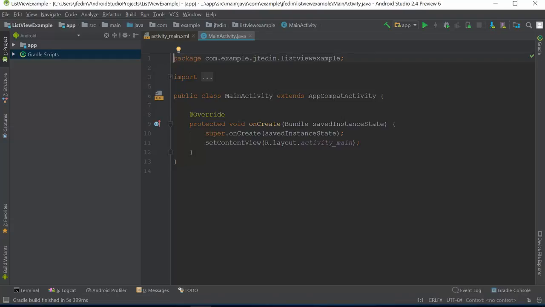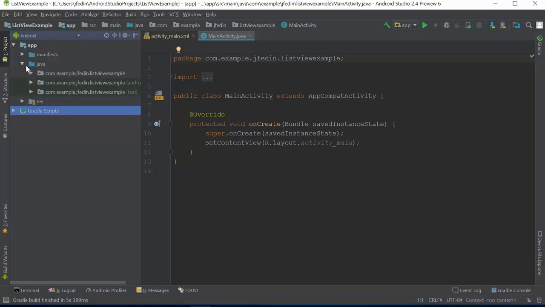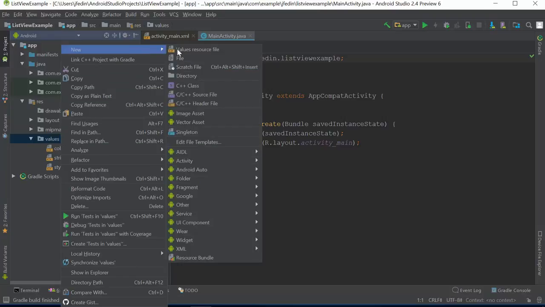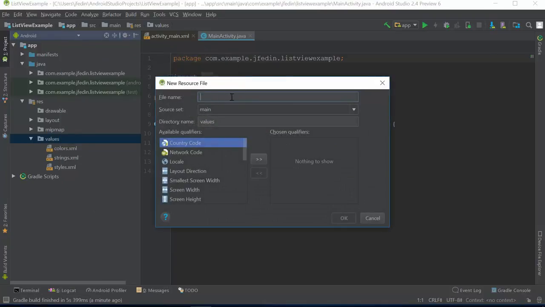So the first thing we need to do, if we remember from the previous lecture when we talked about the array adapters, is we have to create the data set in a resource file. We're going to be creating a string array. So we want to create a new resource file that has this information in it. We don't want to use the existing values string file, although you could. So we're going to go to our resource file, go to values, and create a new values file by right-clicking, saying new values resource file,